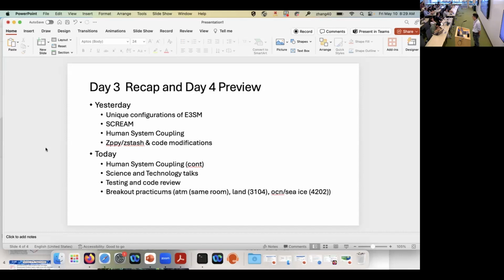And then in the afternoon, we did, I think, one of the most complicated things, which was to make code modifications using Git to have some provenance about those changes and then to actually submit those simple simulations.